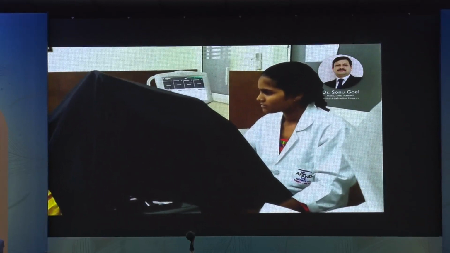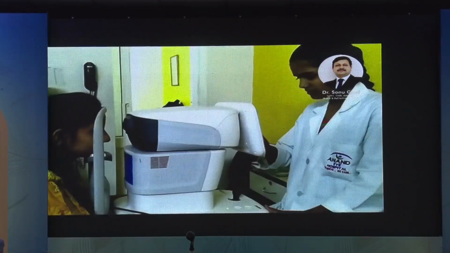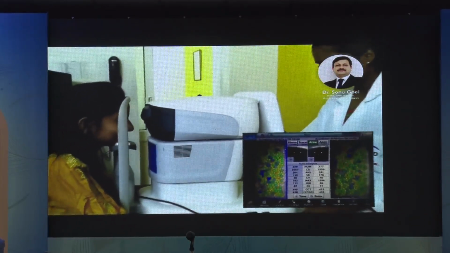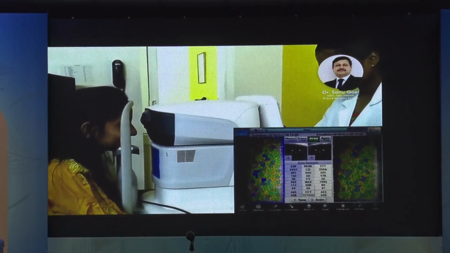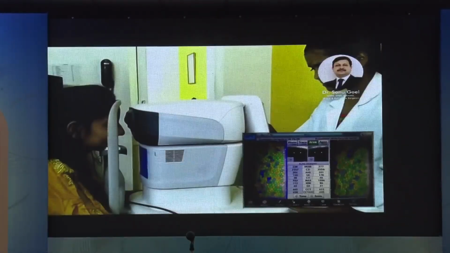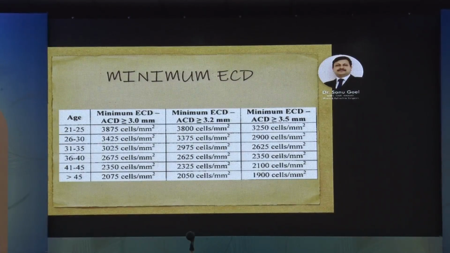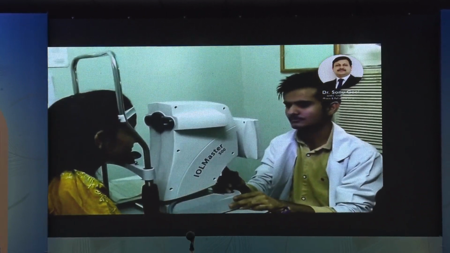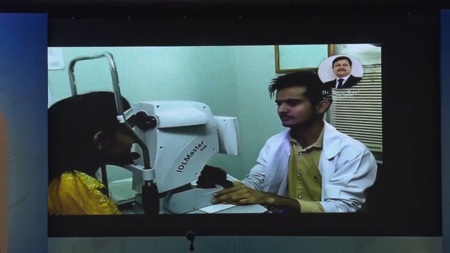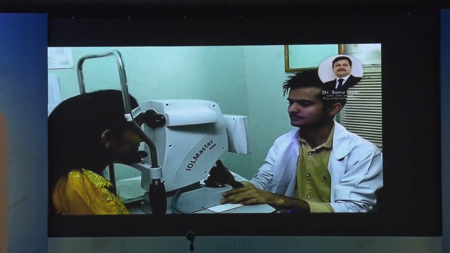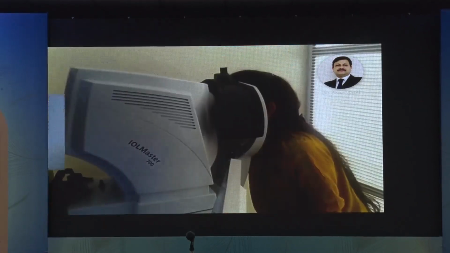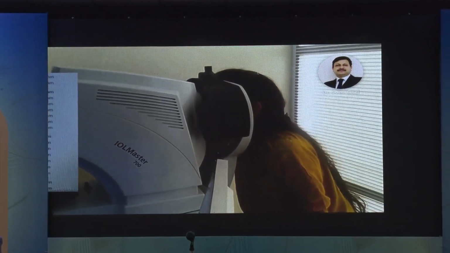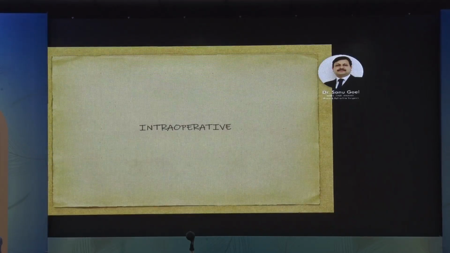For anterior chamber depth, the gold standard for me would be a Pentacam or an optical biometer, either an IOL Master 500 or a 700. I would take readings from both equipments and try to correlate. The endothelial cell density is again very important, depending upon the age and the anterior chamber depth. Nothing below this should be addressed when you're taking a patient for ICL surgery. So we do a white to white with an IOL Master as well as the anterior chamber depth, and I send the patient for both a 700 and a Pentacam.